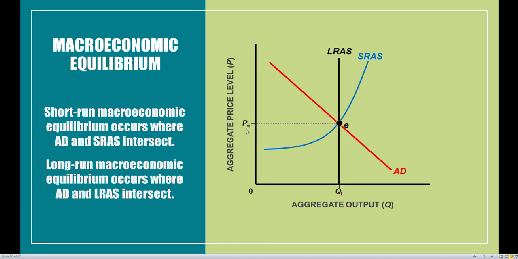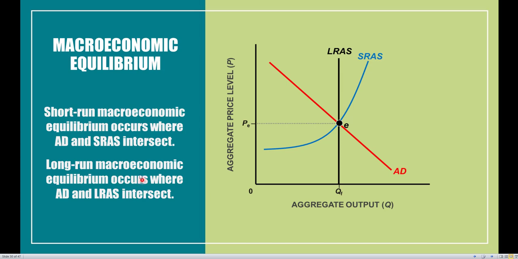equal to PE. The second type of equilibrium we can take a look at is long-run macroeconomic equilibrium, and it occurs where aggregate demand and long-run aggregate supply intersect. So I'm actually going to change this up a little bit. It's going to be where all three of our curves intersect with one another. So it occurs where aggregate demand, short-run aggregate supply, and long-run aggregate supply, all three of these curves intersect at